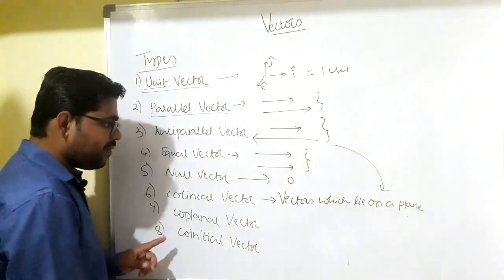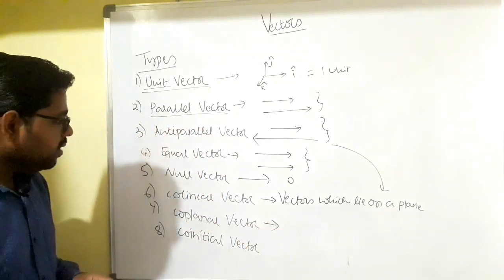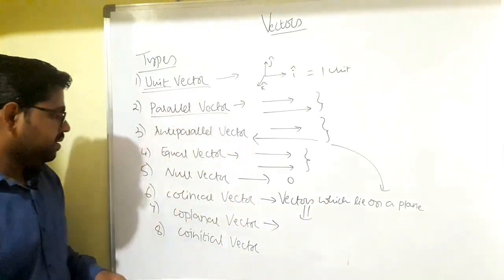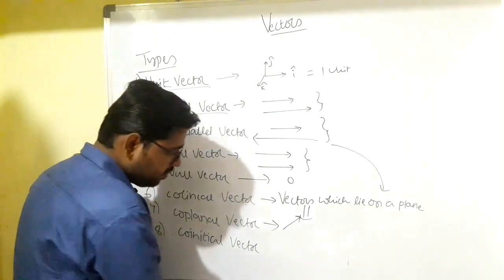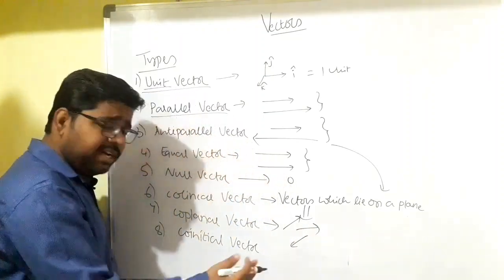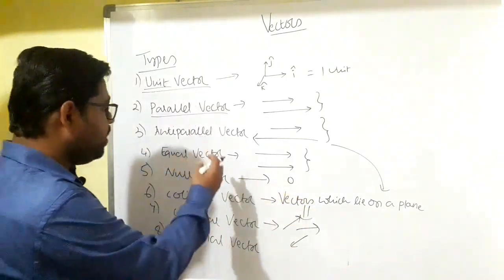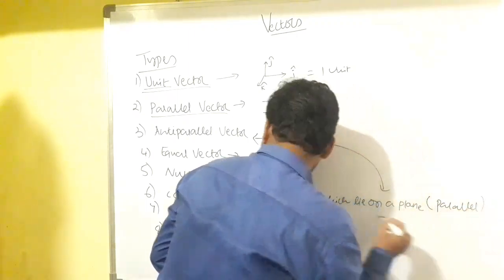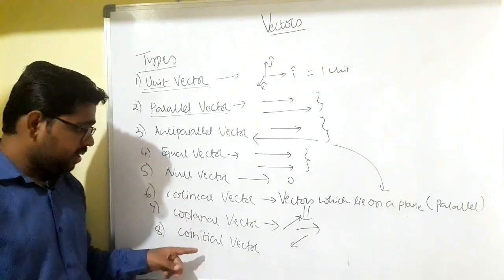And obviously coplanar vectors, so their plane is the same only. Okay, so nothing but this plane. Even one vector, let's say this is in one direction, another vector in this direction, maybe one vector in that direction. It need not be parallel. So collinear vectors are nothing but a line or plane, or simply another name for a parallel vector we also call collinear vector.